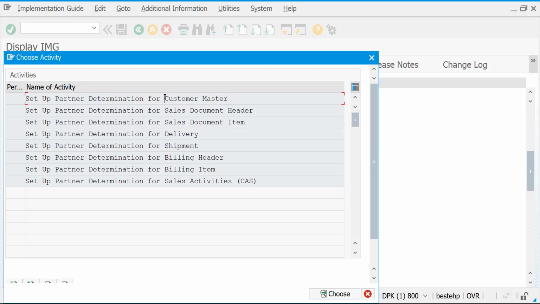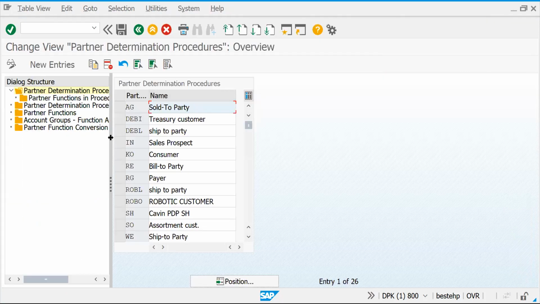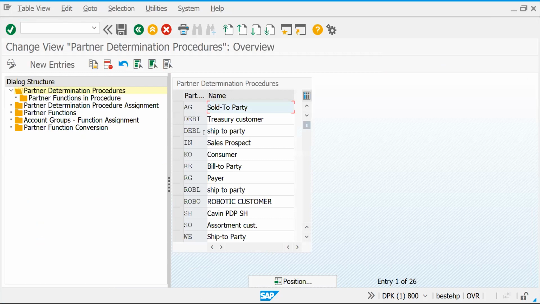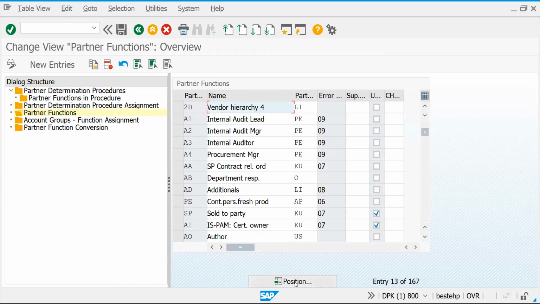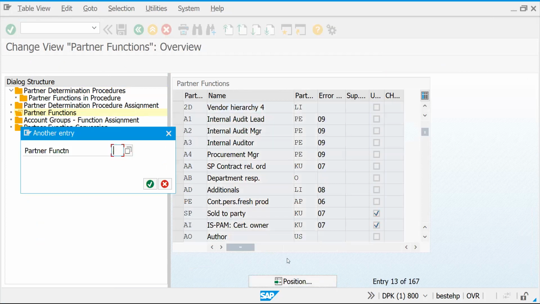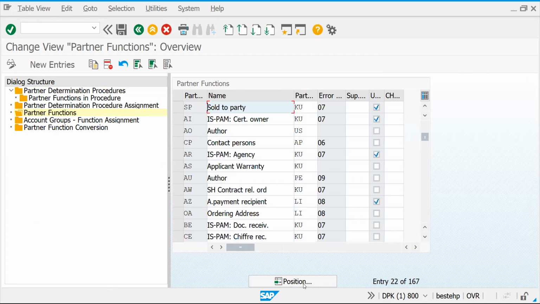Let's check how we are going to do partner determination at customer master data level. You click this one. Here, if you go to the partner functions, your partner function is defined as a 2-digit code. Let's go to SP, meaning sold to party.